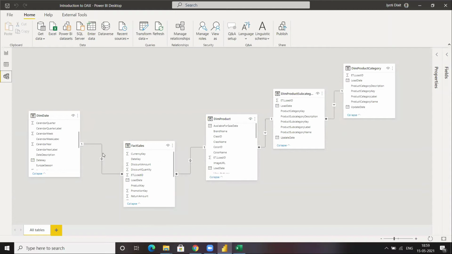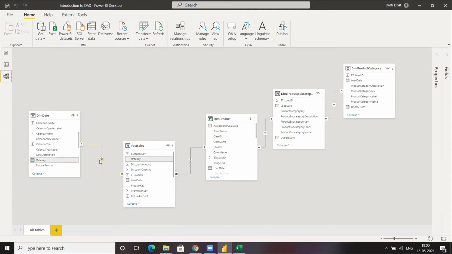Now, when there was just one direction between these two tables, dim date was able to pass the filter context from itself to fact sales, but fact sales was not able to do so.